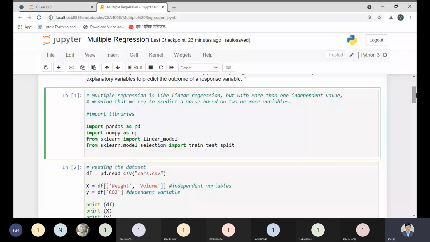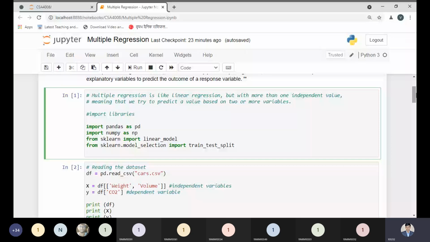From the multiple independent variables, we decide our prediction, which is the dependent variable. So the dependent variable depends on multiple independent variables, and this is the idea of multiple linear regression.